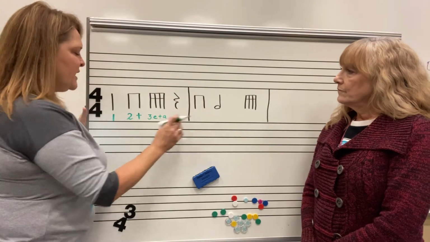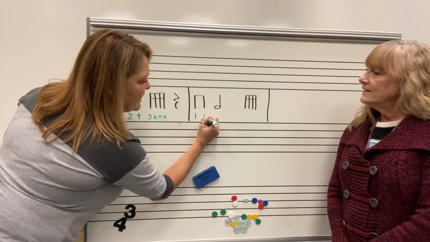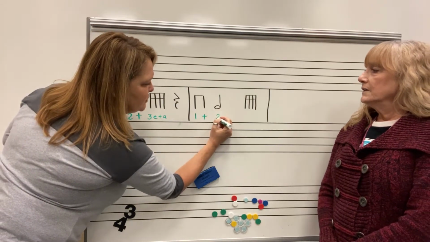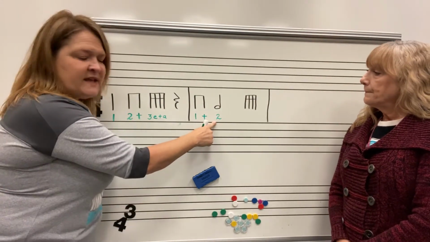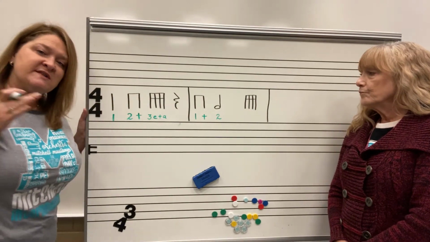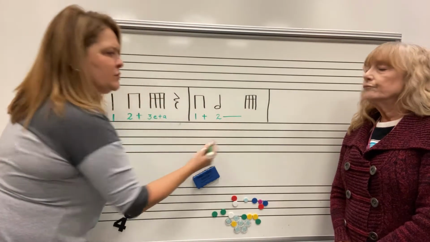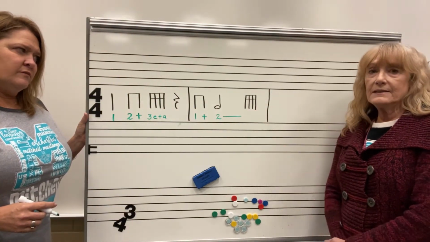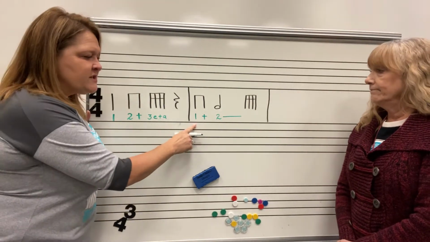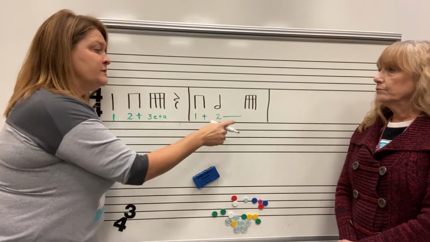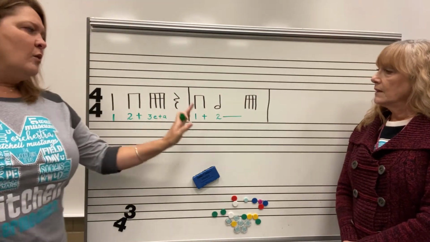Then we cross the bar line, and again, we have to have 4 beats in every measure, so we start off with 1 and, ooh, a half note. How many beats does a half note get? 2 beats. Now, in this case, we're going to say 2, but we need to know that you're saying 2 for 2 beats. So we're going to draw a line from the 2 all the way to the next beat. That shows us that you understand that note gets 2 beats. You can't just say 1 and 2, because then I'd need to alter the rhythm and put a rest. It's got to be 1 and